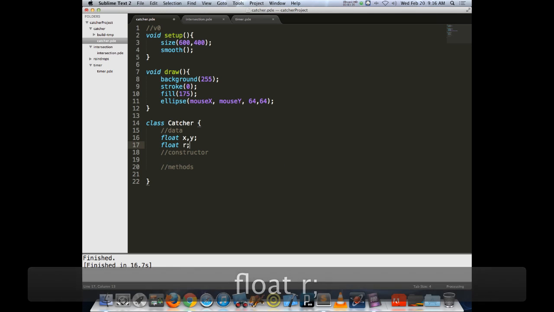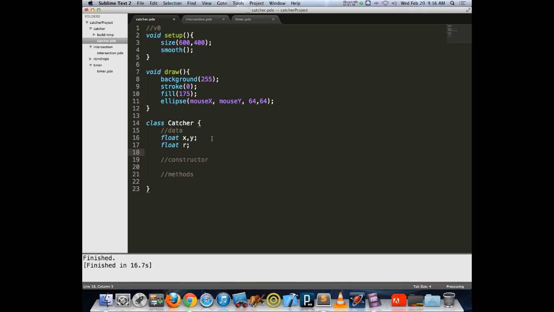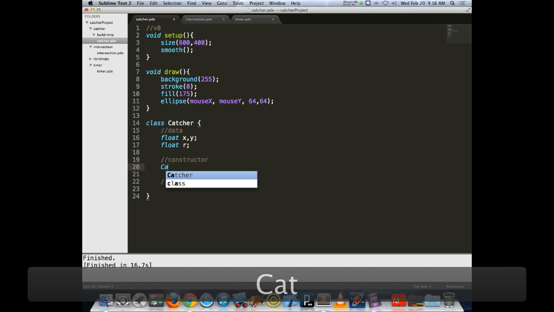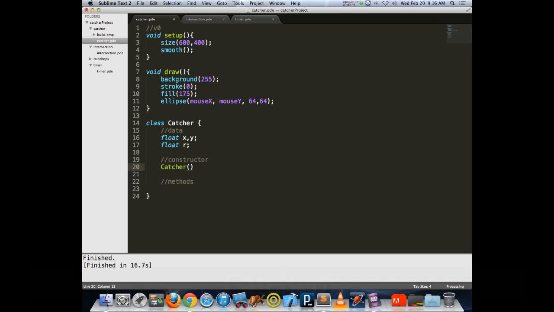And then I'm going to have my radius that I will be using with this. Now, being that this is a class, we begin our constructor line with reiterating the name of the class. And then as part of the constructor, we could hard code in the size of our catching object. But in this case, I like to build it so that I have the flexibility that if I want to use this with something else, I can just say var catcher equals new Catcher, and then specify the size at that point. So